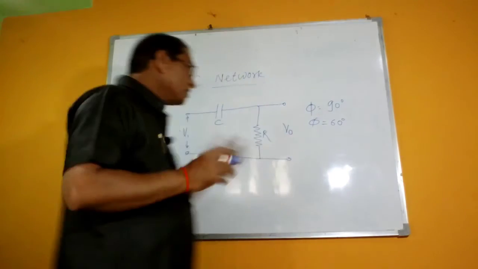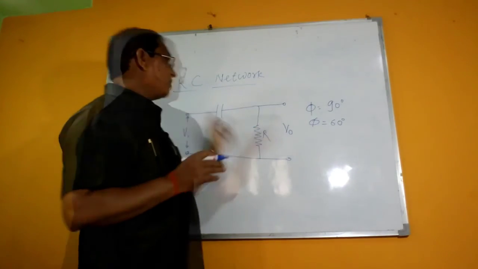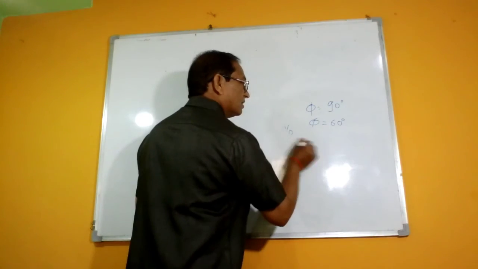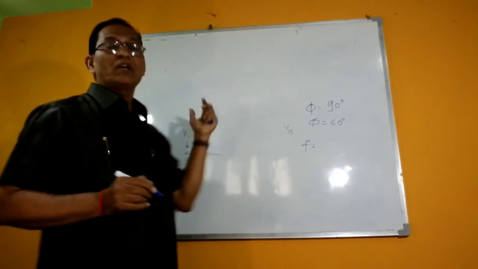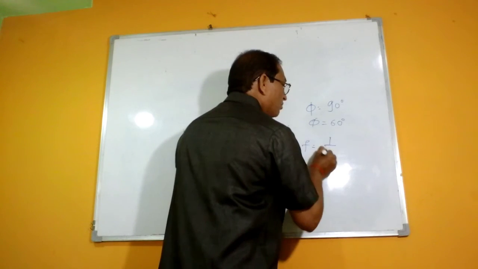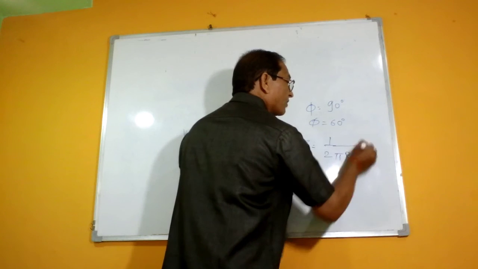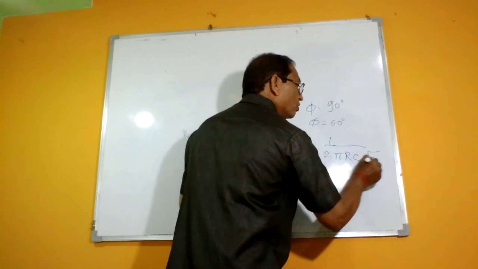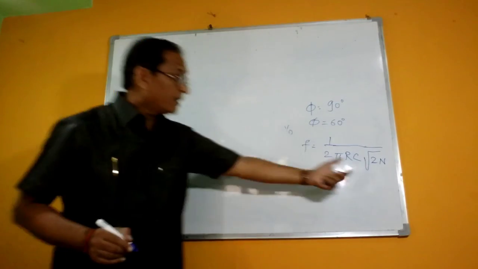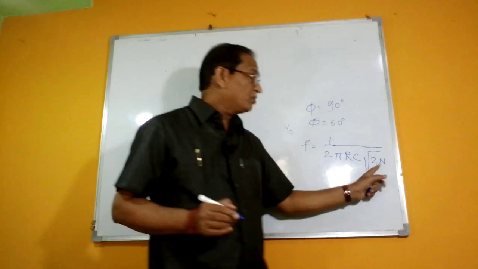Now the same 180 degree phase shift is obtained using R and C, and the frequency of operation is totally dependent upon the values of R and C. Therefore, it is given as 1 upon 2 pi RC under root of 2 into n, where n stands for the number of stages. If you have 3 stages, this will be 3 into